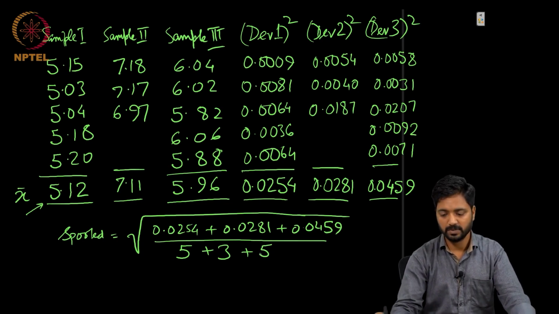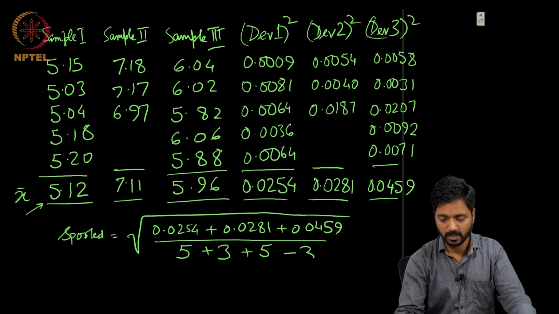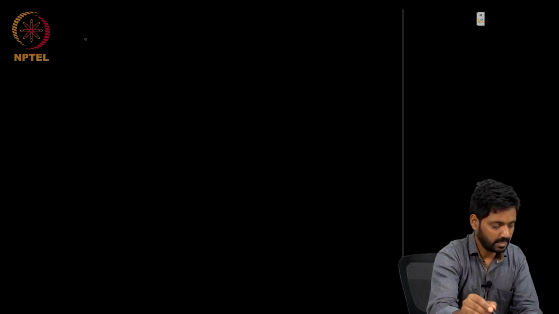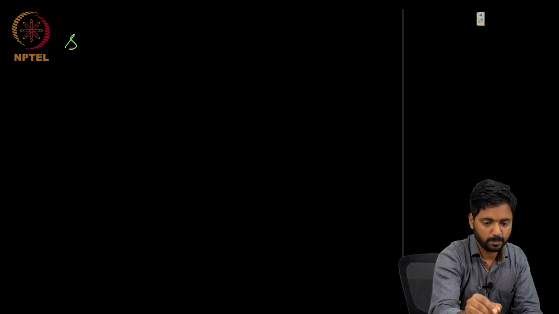However, since we are dealing with 3 samples, we will have to subtract 3 from here, and as you go through these calculations, you will obtain that S pooled value